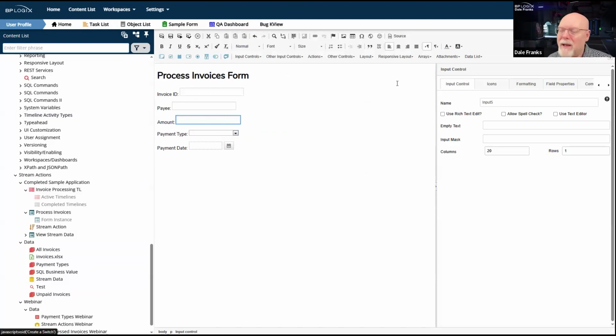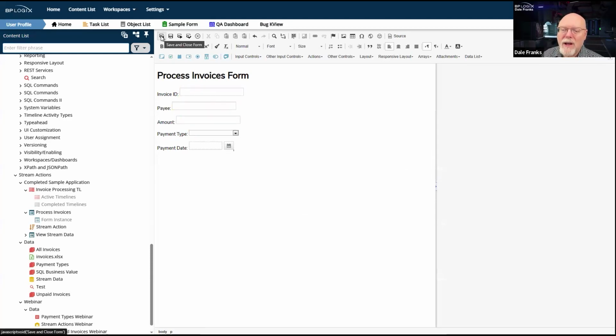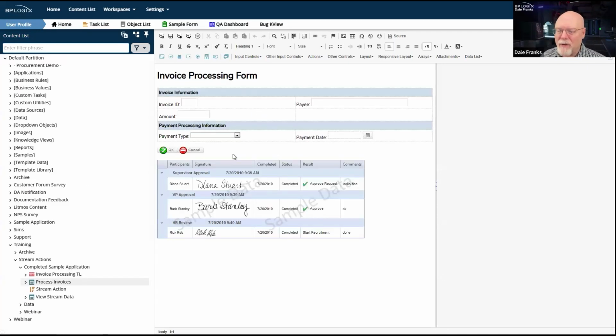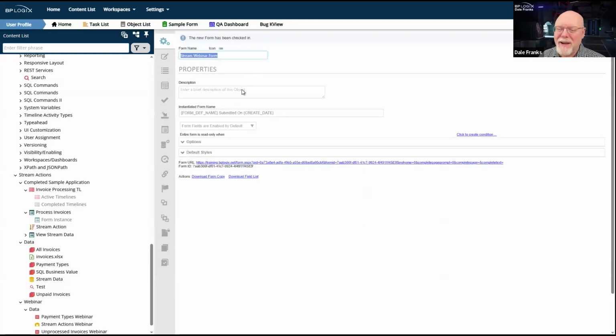So we need an amount field to get our 5 fields. That should give me what I need. And those should be the only 5 fields on the form because I'm not using, as I did on this other form, all the pretty sections and routing slips and all of the other stuff. I didn't pretty this one up, just trying to get through it. But there are a couple of other things that we need to get through.